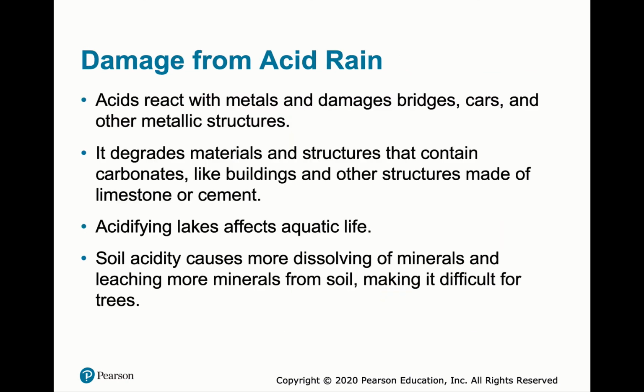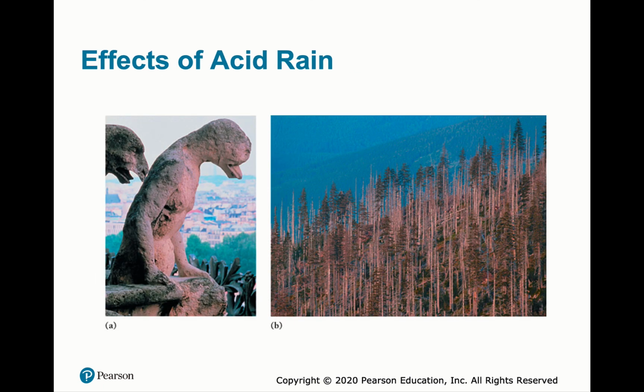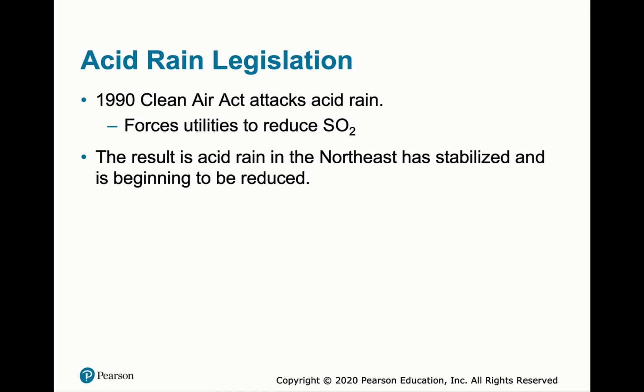And acid destroys metals. It also destroys things like carbonate, so marble and also cement. It will also acidify lakes and change the soil. So it can wreak havoc on the biosphere. Here it shows structures going away, and acid rain can also kill trees or various other plant life. And the Clean Air Act,